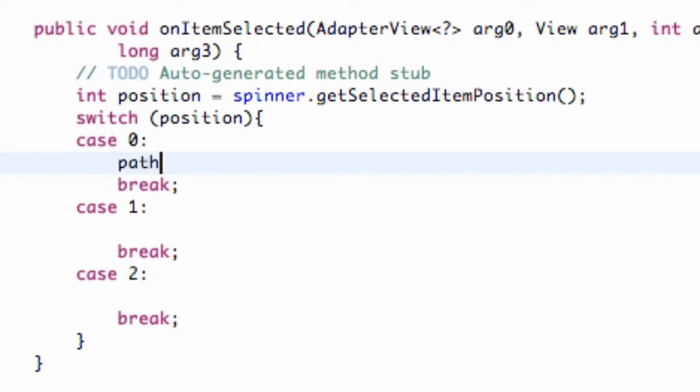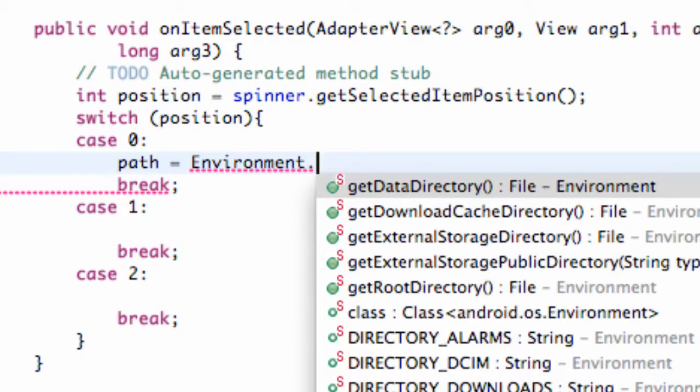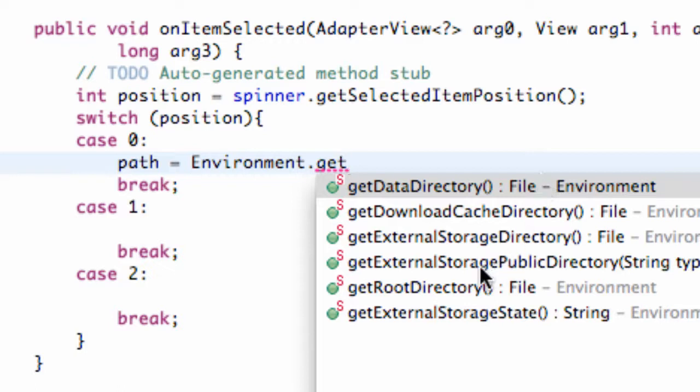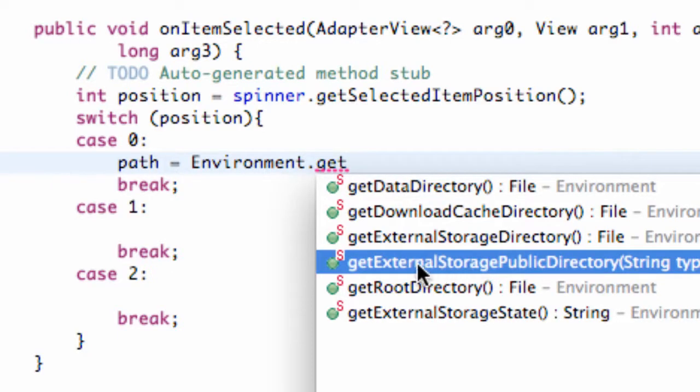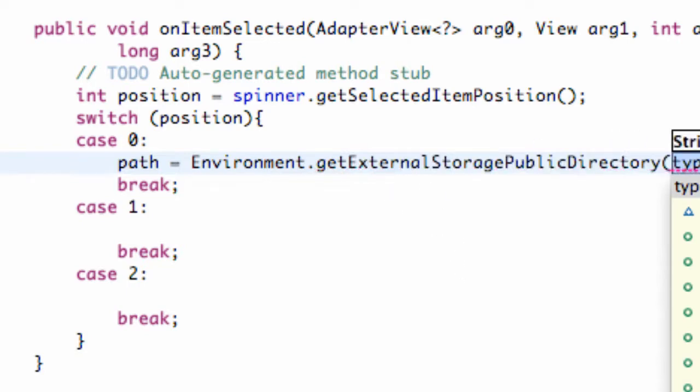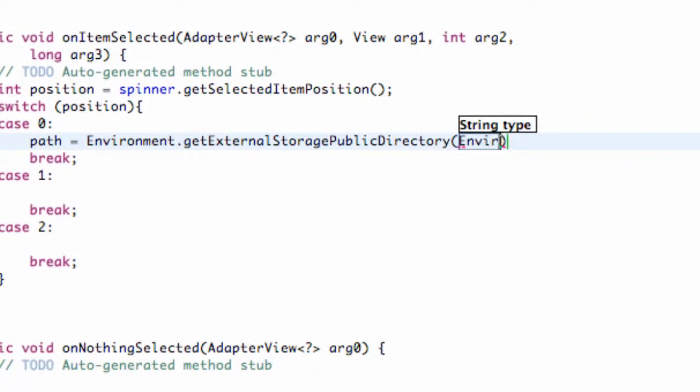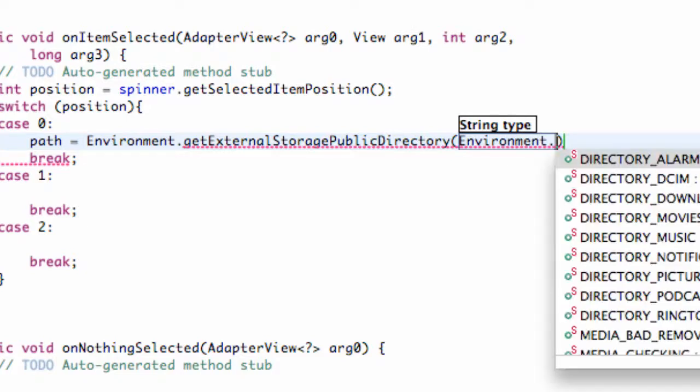How we do that is we just say path equals Environment, because we're going to refer to the environment and get the standard directories, such as the music directory, where people save their pictures, all that good stuff. So we're going to say Environment.getExternalStoragePublicDirectory, because when we save, we're basically going to save a picture to one of these directories. We want it to be public so they can access it without even using our application, because again we're saving it externally and publicly. Then within here, we're going to refer to our Environment as well and say dot DIRECTORY,